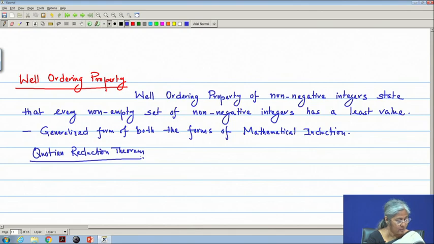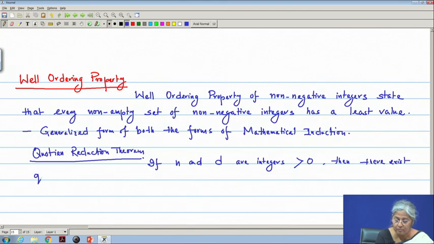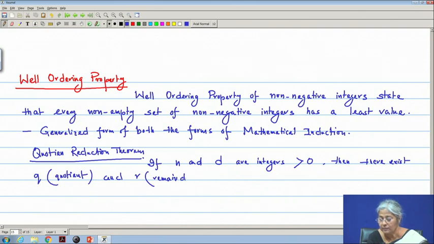The theorem says that if a positive integer n is divided by d, that means if n and d are integers greater than 0, then there exist q the quotient and r the remainder that satisfy